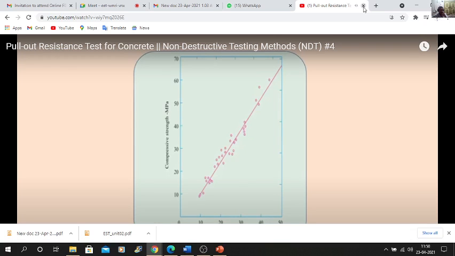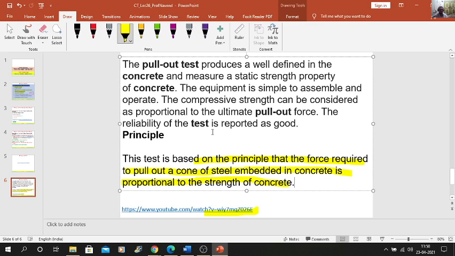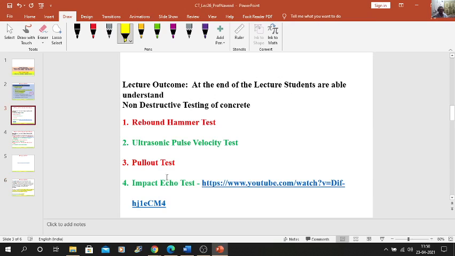Okay. So likewise you can perform the pull-out test on your concrete. Then another test is the impact echo test. The impact echo test on concrete is generally done to detect voids, delamination and other defects in the concrete.